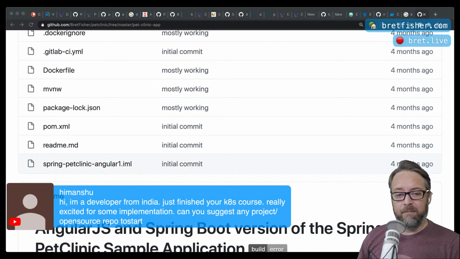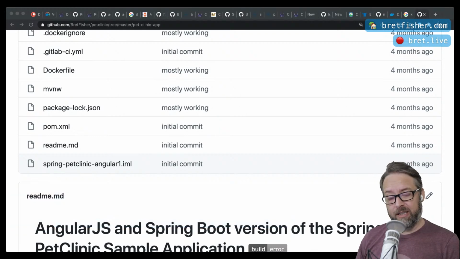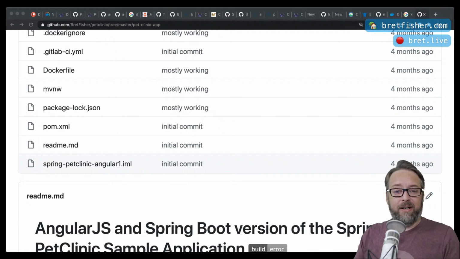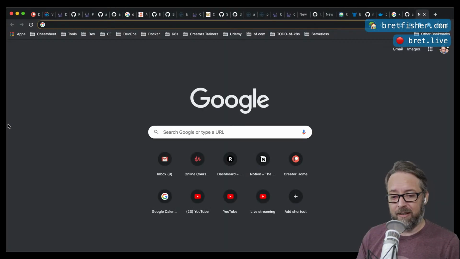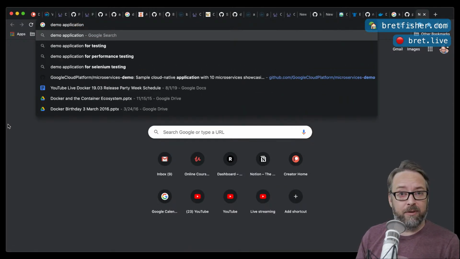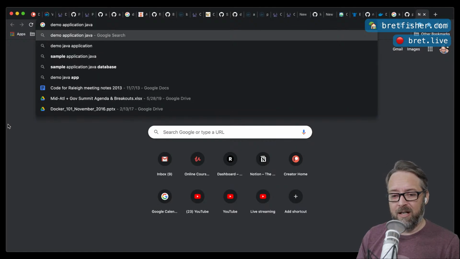The most interesting ones to me are, you go take an application that you are interested in, right? Go take that and then make it work in Docker, then make it work in Kubernetes. And the process of you taking whatever your favorite app is, you can just Google demo apps, demo application, and then your language, right? Like Java, and then you can type